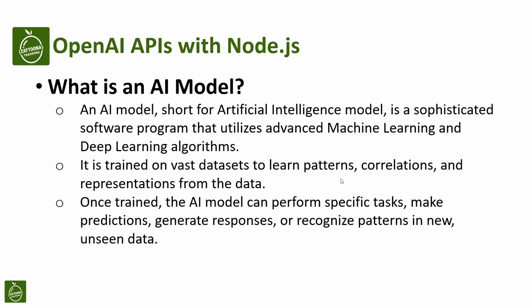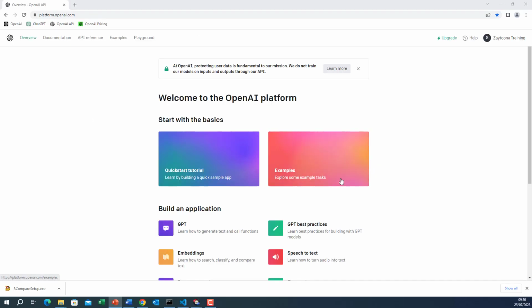Now we show the model other data which it didn't see before, and we ask it, taking the knowledge from the training, to try to predict or generate a response or recognize patterns in this new unseen data. So that's in general what an AI model is. Let's now go to the platform